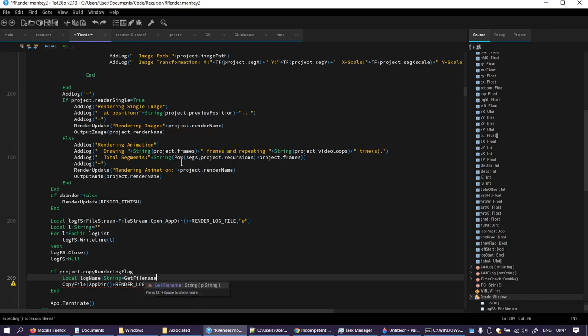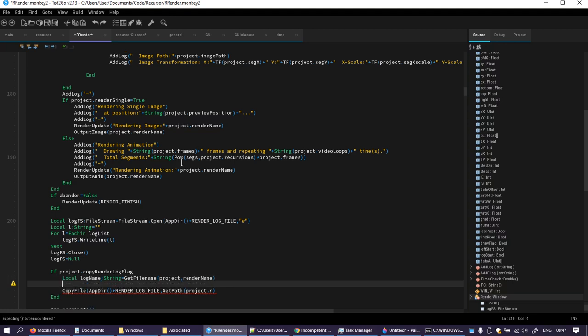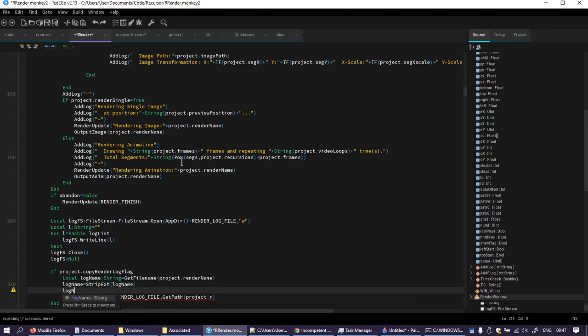File name on project render name. Log name strip, okay, equals strip extension of log name. Log name plus equal